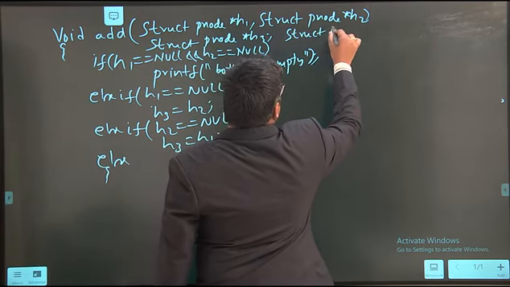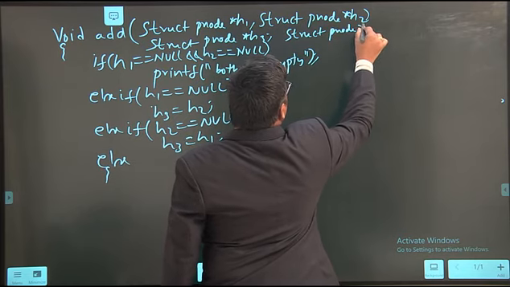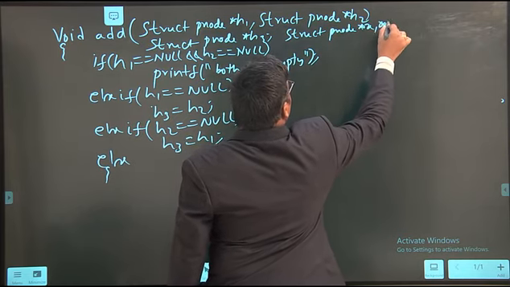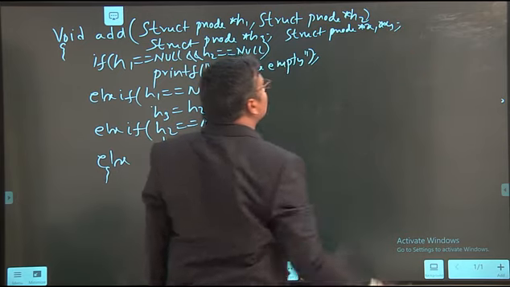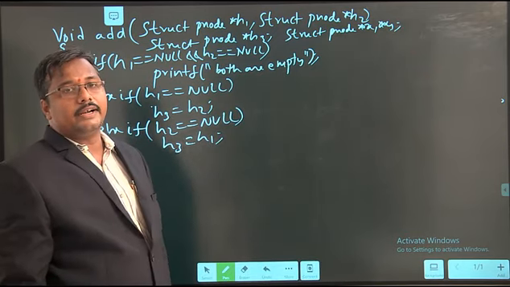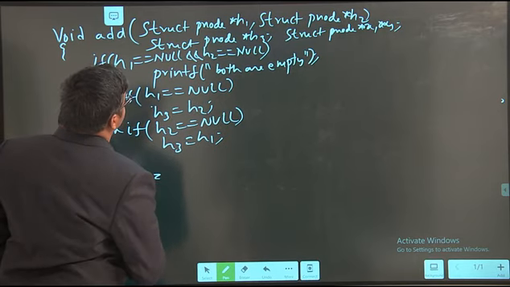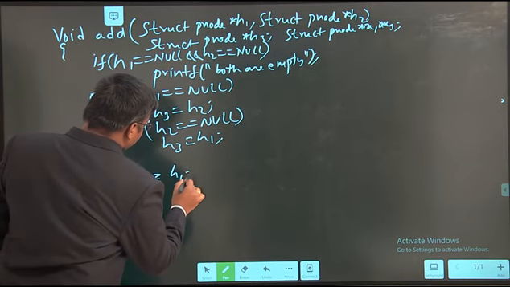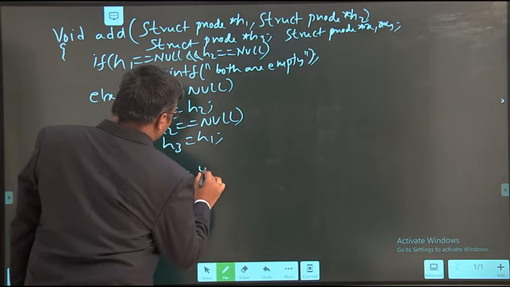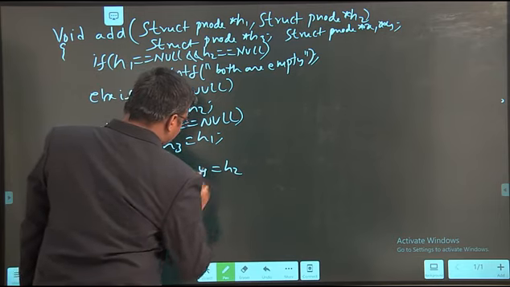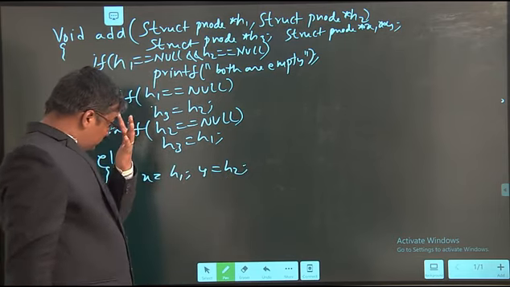So struct p node star x is the first temporary pointer for first linked list, y is the second temporary pointer for second linked list. So I need to copy x is equal to h1, y is equal to h2.